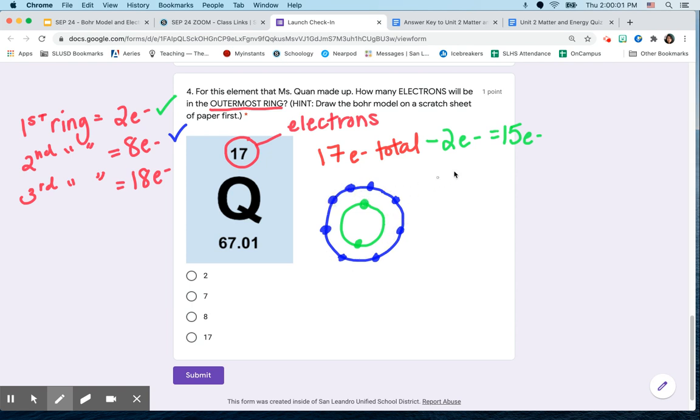So I drew 8 electrons in the second ring. So out of my total that I didn't draw yet, 15 minus 8, I have 7 more electrons to draw. So in my last ring,